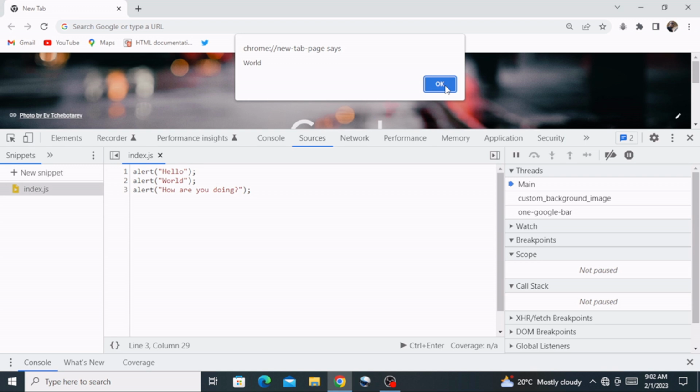That is why we have the output weld. And then when I click OK on this one, we get taken straight to the next line, and we have this pop-up that reads, how are you doing. Now, the difference between console and snippet editor is that the console is fine for testing individual lines of